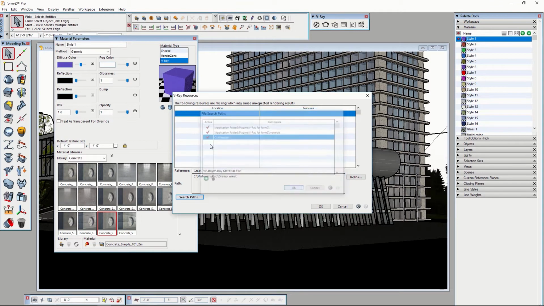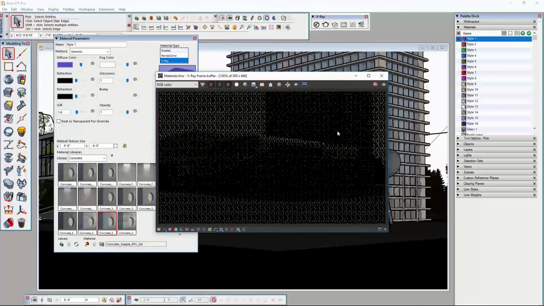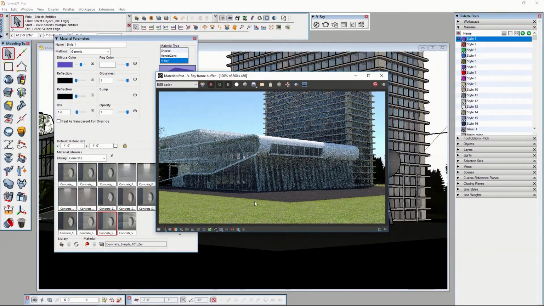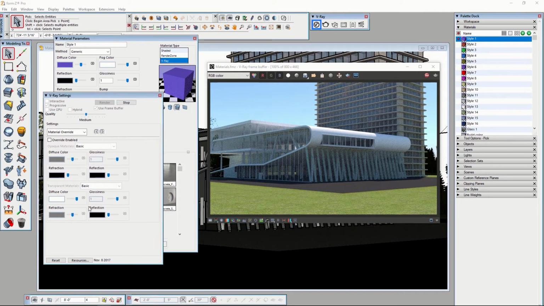Notice that the missing resource is no longer listed here. With that, I'll hit OK and the rendering starts. And you can see the grassy material showing up here in the foreground now that all the resources are available and can be found. Now you can also find a scene's resources by going to the V-Ray settings palette and